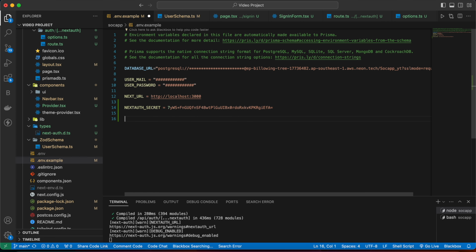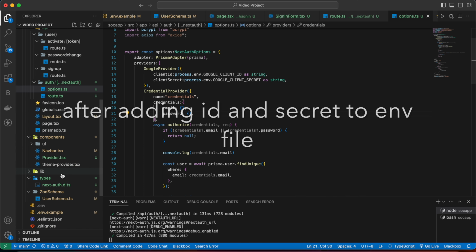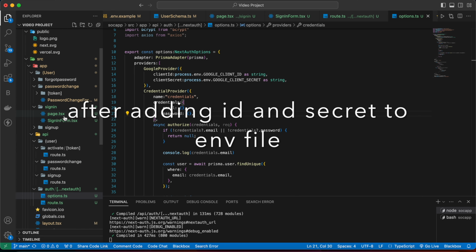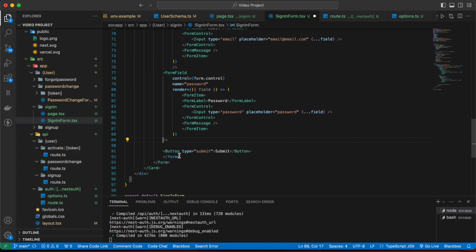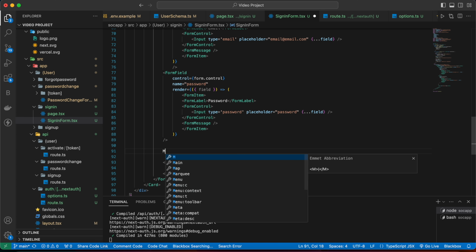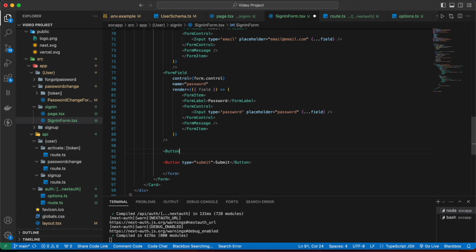So let's create Google client ID. Go to our sign-in page, and below this we can add one more button, and this should be of type button. Now here we can write sign in with Google,